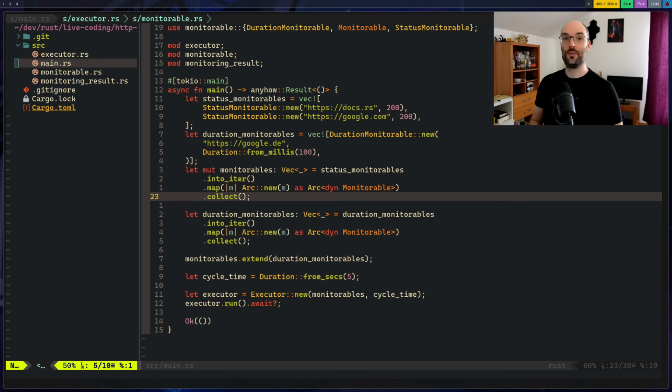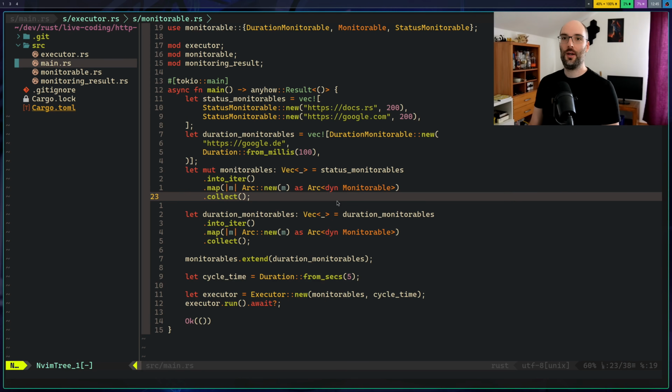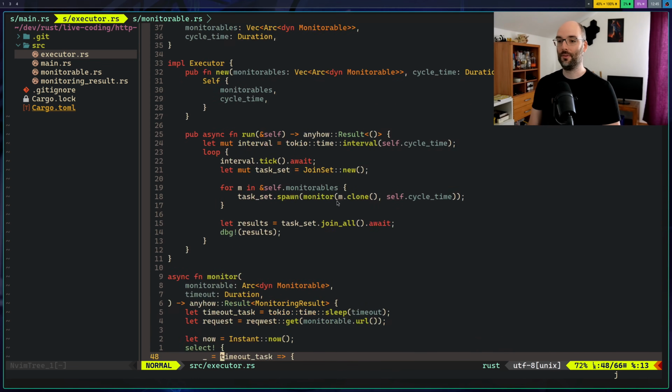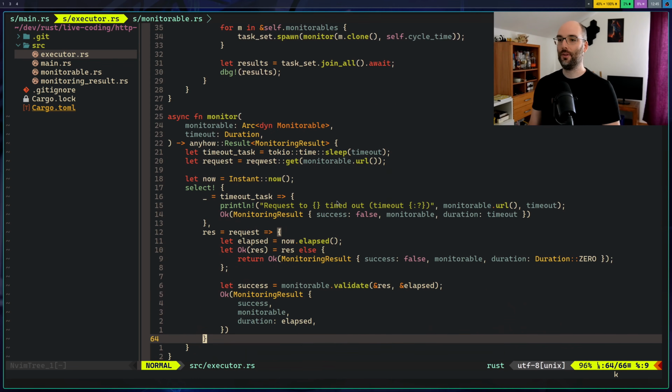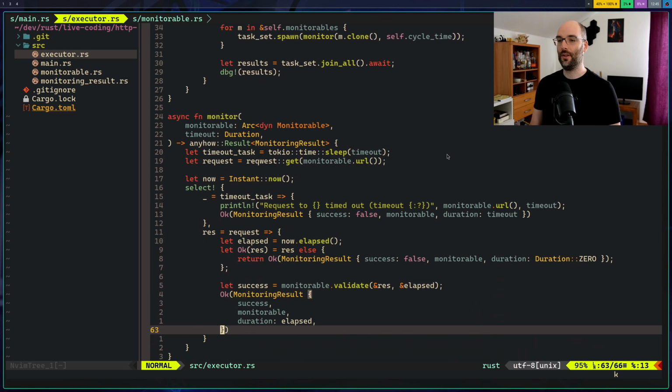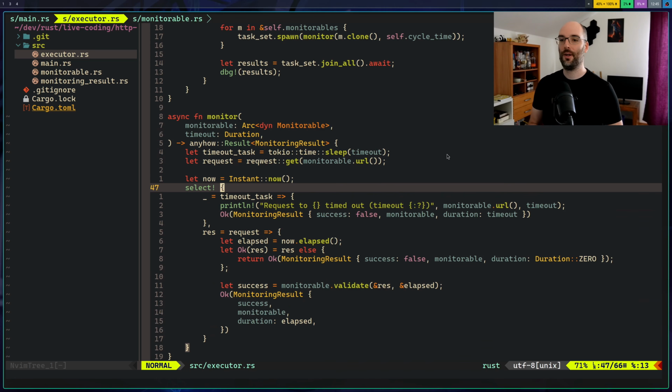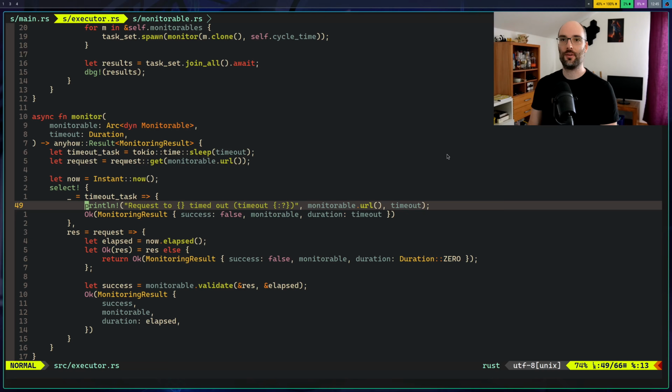Welcome to part 2 of our HTTP monitor project. I think last time we stopped when we had this structure that we are seeing right here. We have decided to split some parts of the monitor into an executor. And this executor is, well, no surprise, doing the whole execution, so it makes everything run async or concurrent at the same time, and it does the requests and kind of gets back at us with the results.